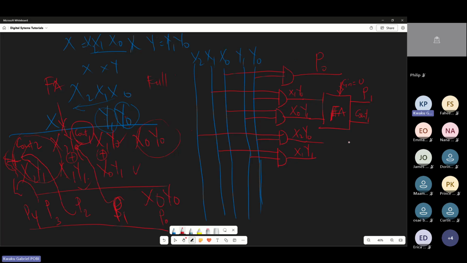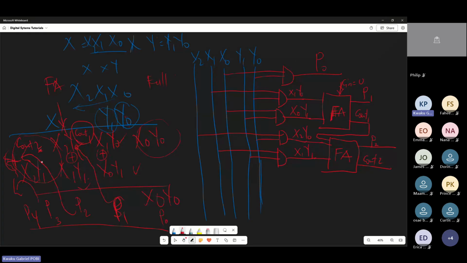Then the last input to it is this carry out. So the carry out will serve as an input like this. Since you have 3, it means you are supposed to use a 4 adder. That 4 adder will also have a sum, which we are showing as P2, and a carry out 2. So carry out 2 will also be taken on to the next stage, which is this part,